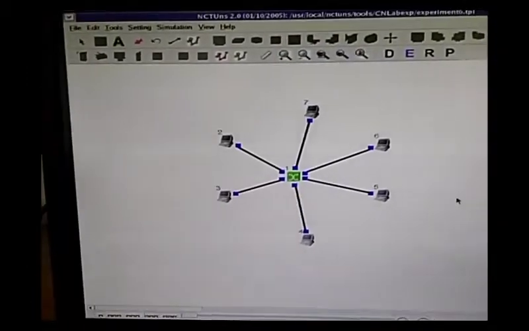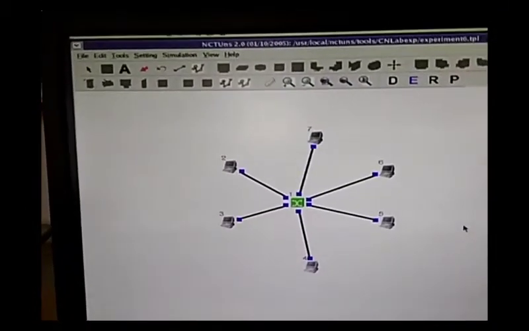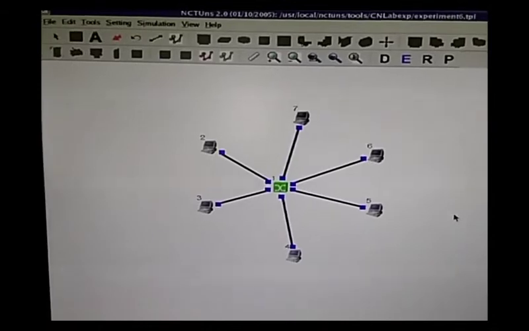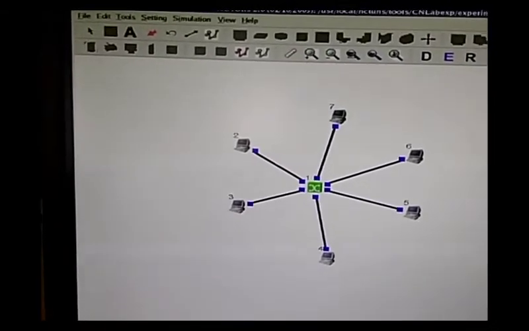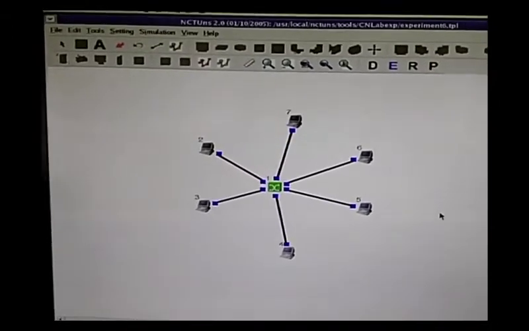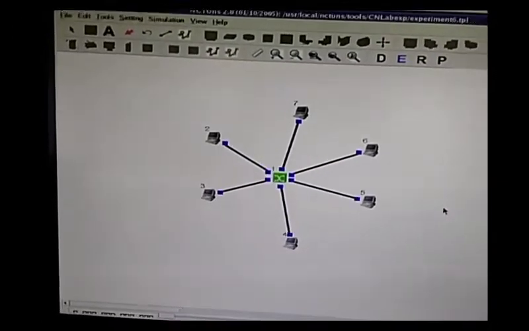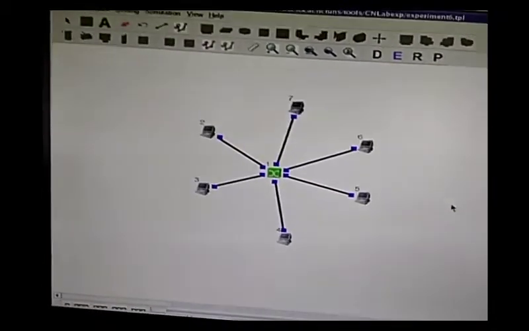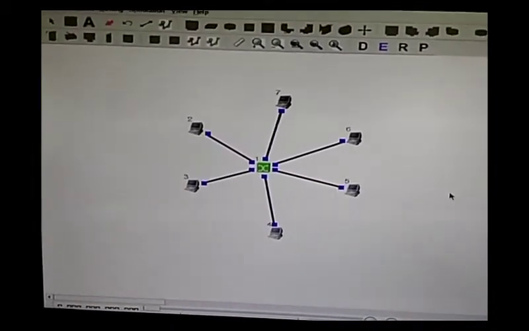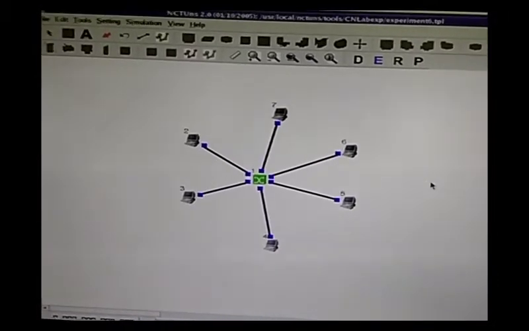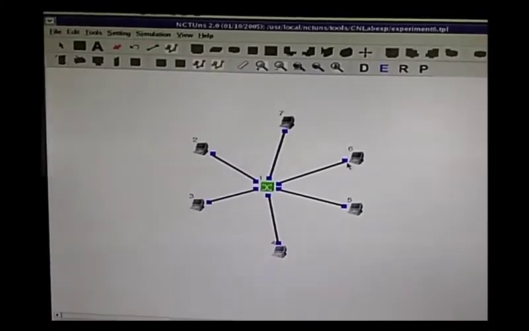Now there is no need to type any particular commands, that is, no need to set up any commands on the node editor. During the run mode, open the command console and just use the ping command. Choose any one of the nodes. For the node you want to ping, you first check the IP address.